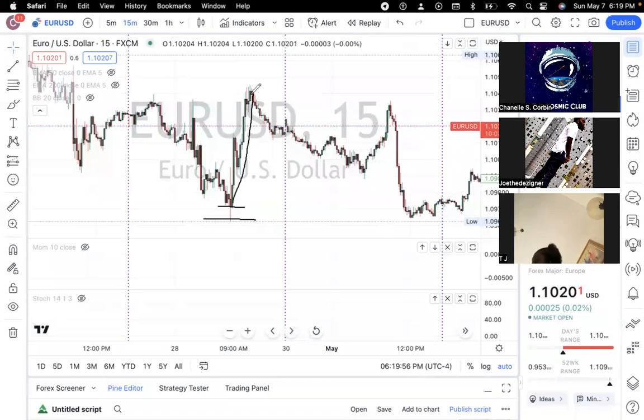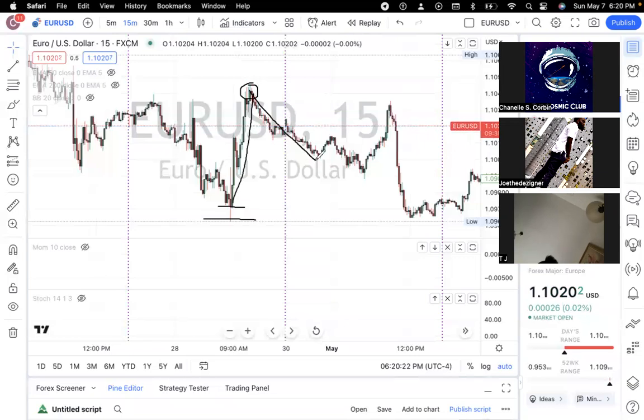So once the top of the left shoulder is complete, you'll start to see these wicks form. Now, the wicks are just telling you that price is resisting going any higher. Like, think about this as like a tug of war. You have some pulling it down, some pulling it up. But once we start to see that liquidity form, we know now we can start to complete the left shoulder drop,